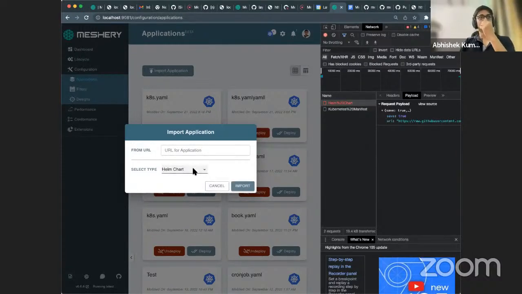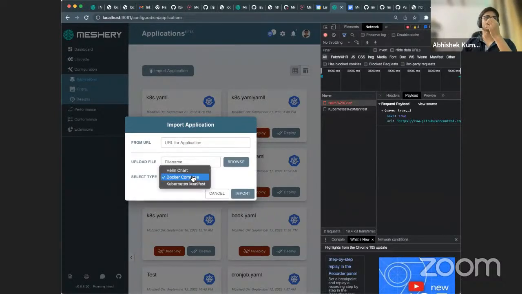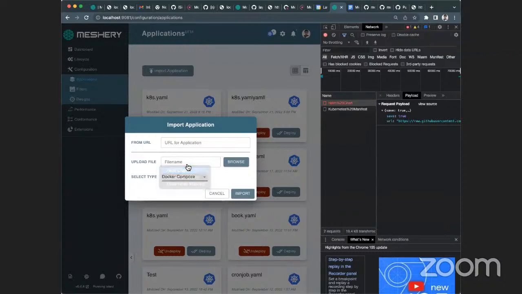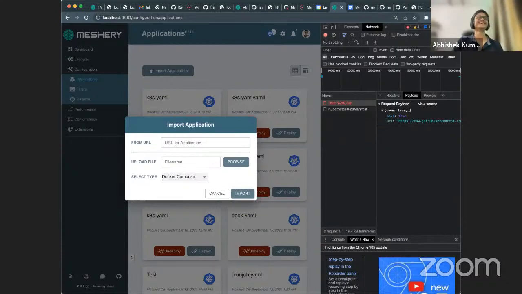Another thing that I just noticed is, if I have to upload a Helm chart by file, I can't do it right now. I selected Helm chart, but I couldn't upload it by file until I changed to something else and then went back to Helm chart. Yeah, it was purposefully disabled because of certain considerations that we undertook. I think me and Gaurav were talking about it while we were doing it. So I forgot. Yeah, that was the only thing that I wanted to raise.